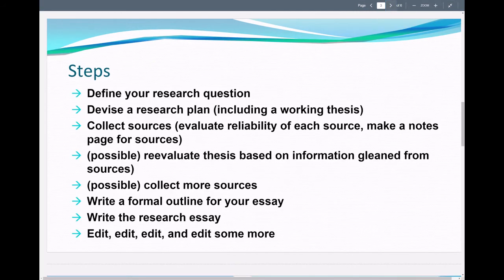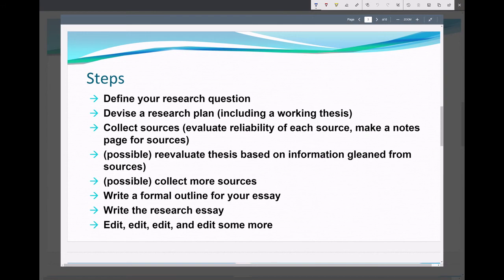So here are some steps to help you based on the 3 reasons why you research. So first you define your research question. So remember we were looking for why questions. You start with what questions, and those are general questions.